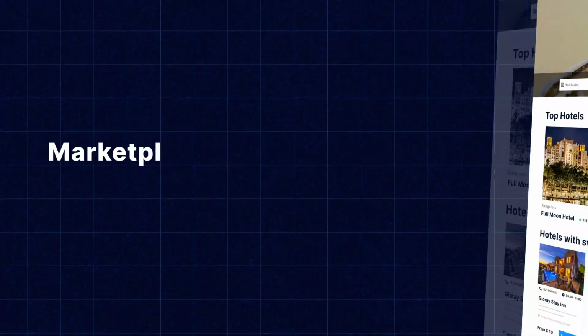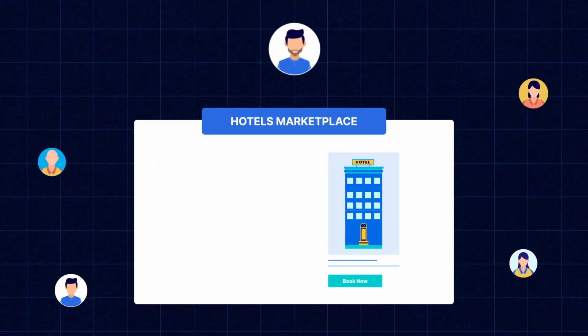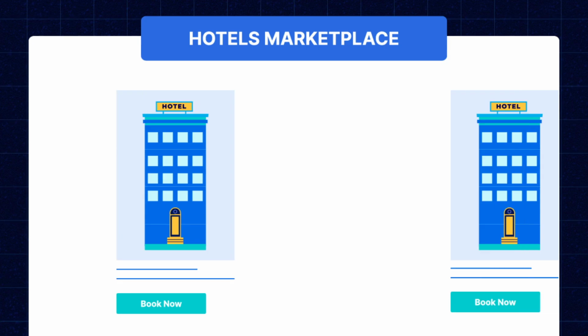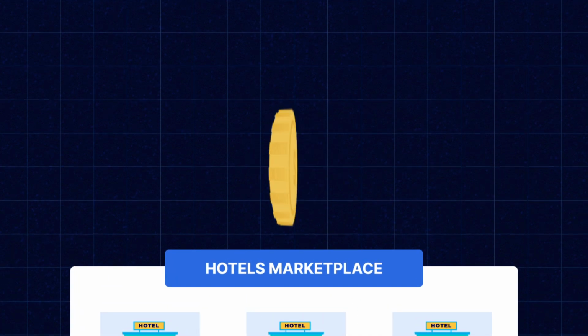With QloApps Marketplace Addon, you can easily create a marketplace of hotels and ace your B2B hotel business without any developer's help. You can transform your QloApps website into a marketplace of hotels, and your sellers can easily list and register their hotels on your marketplace, and you will earn commission on every booking they receive